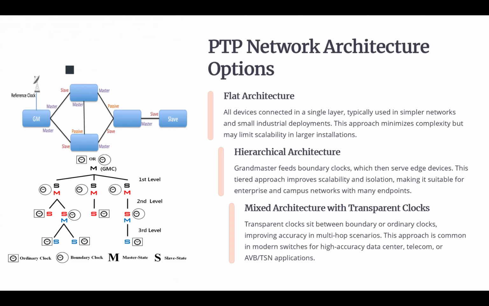Now, if we need more accurate precision, better than what is offered by those grandmaster clocks on those systems, those methods, this mixed architecture could help us. How could it help us? When we have transparent clocks between the devices, it basically improves the precision. It means that when the message passes through switches or routers, those devices basically report how long